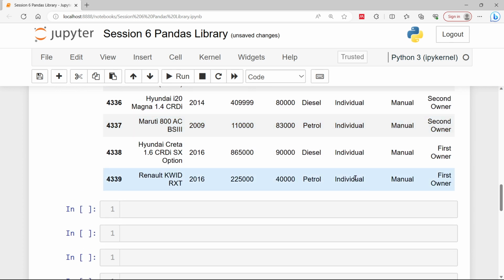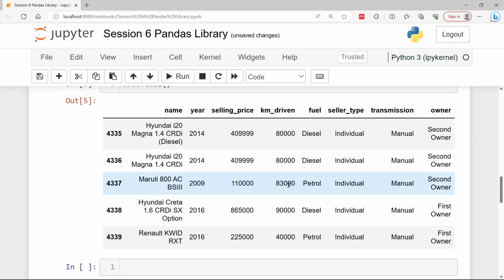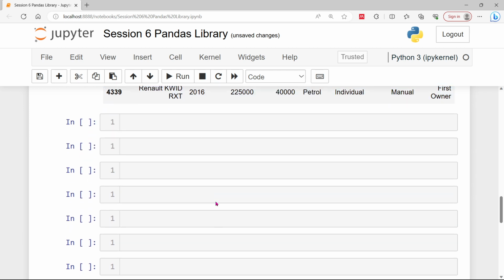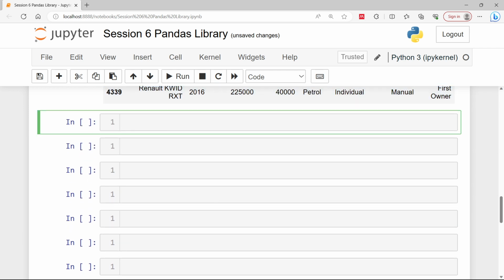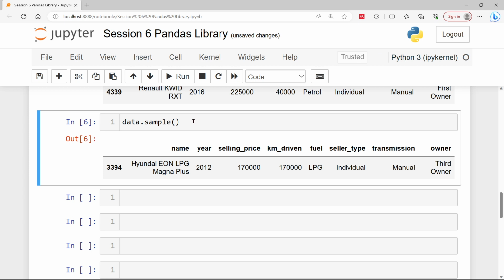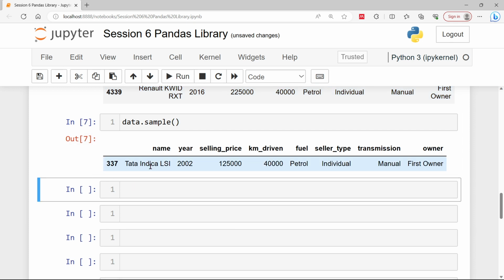So keeping in mind that we have all the rows and columns at a simple glance, we can perform more and more operations here. What are the other operations? Let's say we have sample. What's sample here? Suppose I'm not giving any parameter, just a random sample. It's showing the record whose index number is 3394. If I run the same command again, it will show another index number, another random sample from my